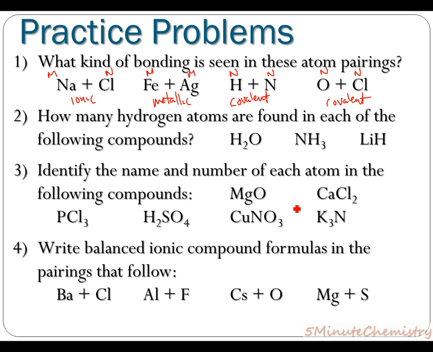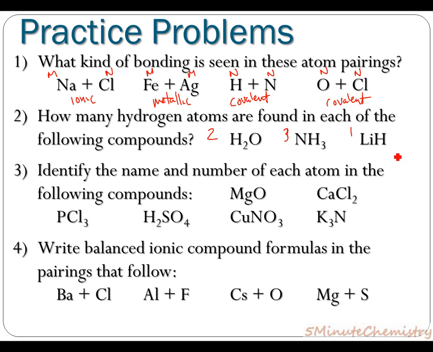So our second question, you're going to have to basically understand what the subscript tells you. How many hydrogens are found in each of the following compounds? Well, since the number below and to the right, the subscript of hydrogen, is 2, there are 2 hydrogens in this compound, H2O. Now I have NH3, because the hydrogen subscript is a 3, I have 3 hydrogens in the compound. Next, I have LiH, and because you don't see a subscript, that indicates there's only 1 atom of hydrogen in